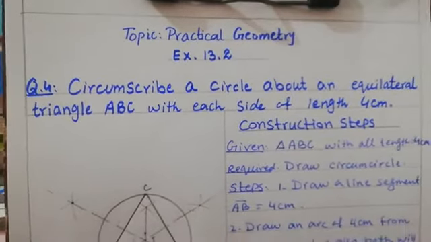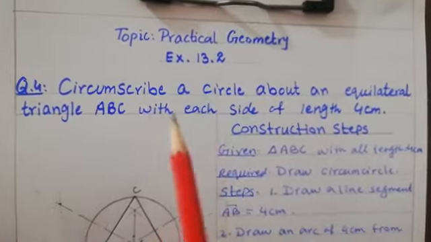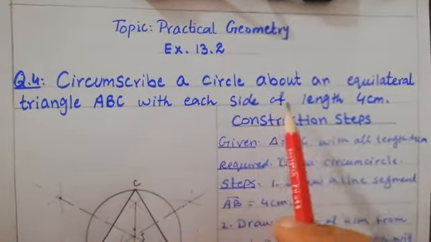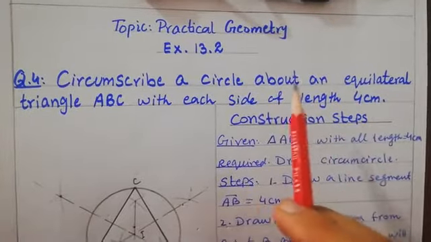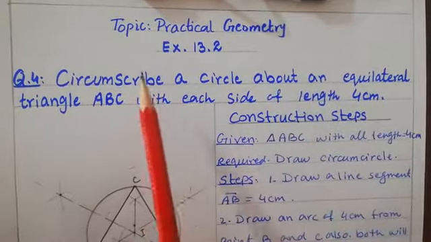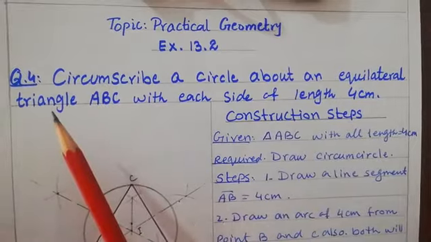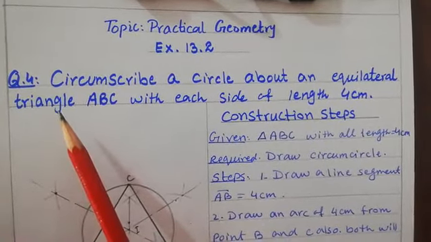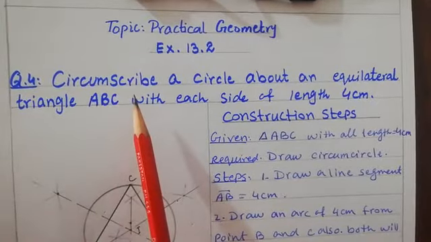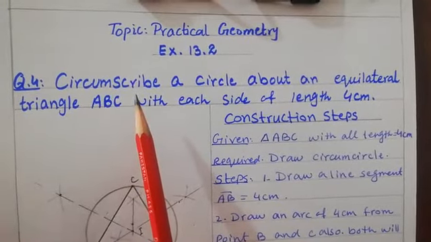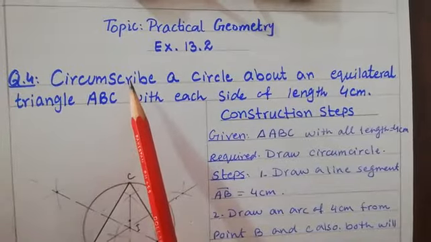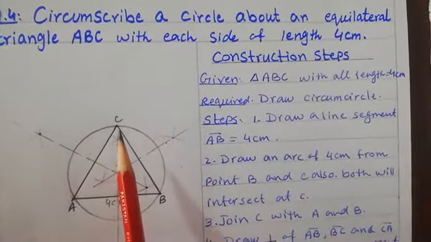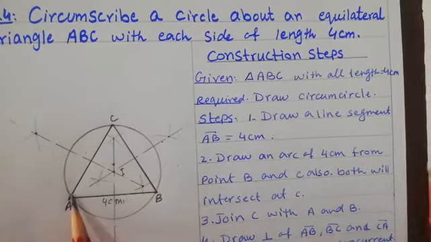Question number 4 is to circumscribe a circle about an equilateral triangle ABC with each side of length 4 cm. There are two things which we will discuss. First is the equilateral triangle. An equilateral triangle means a triangle in which all the sides and all the angles are equal in measurement. And circumscribe a circle means a circle which passes through all the vertices